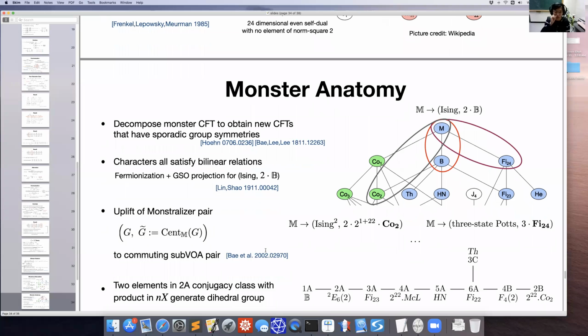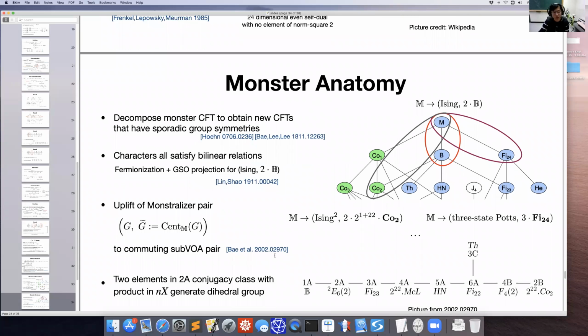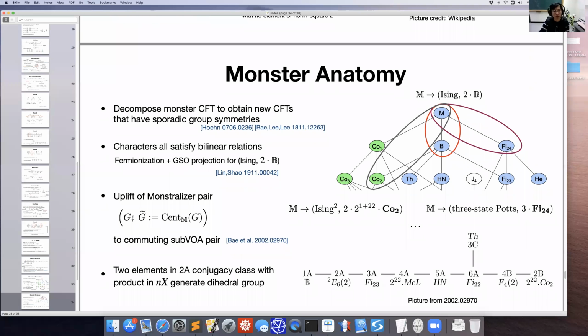And moreover, in this paper, they try to generalize this phenomenon to give a mathematical description of this phenomenon. And their slogan is that we can try to uplift a monsterizer pair. We are given a subgroup of the monster group and the centralizer of the subgroup inside the monster, to commuting sub-VOA pairs,